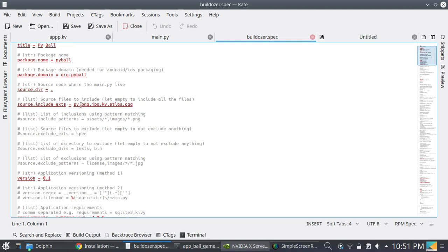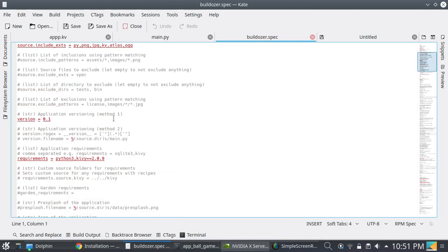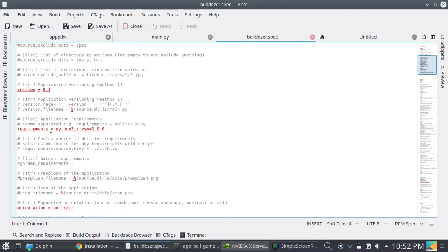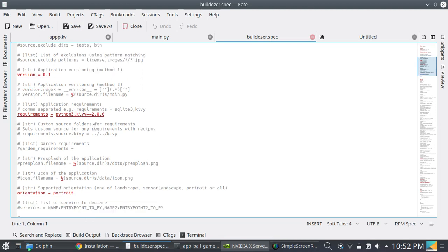I am using py, png, jpg, kv and etc. This is the version of your app, just write your version. Requirements are python3 and kivy. You can put requirements here. I am only using python3 and kivy, that's why I am writing these two Python packages.